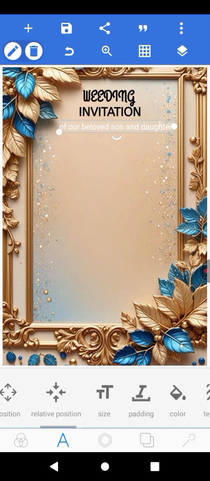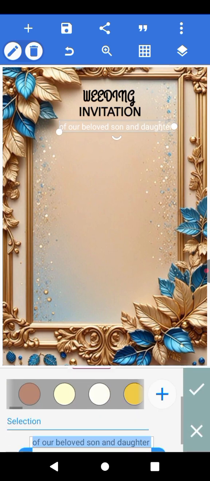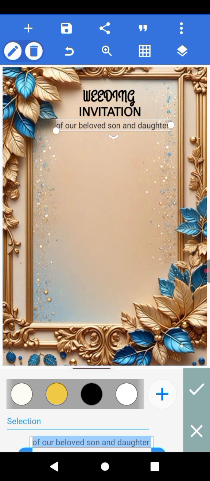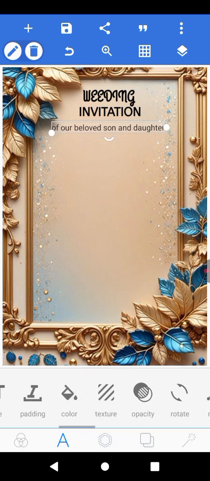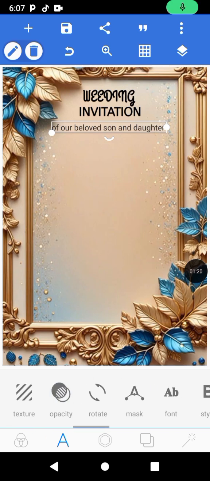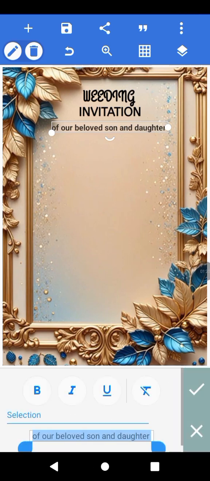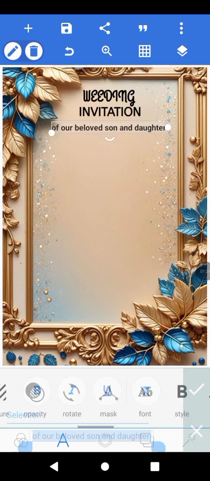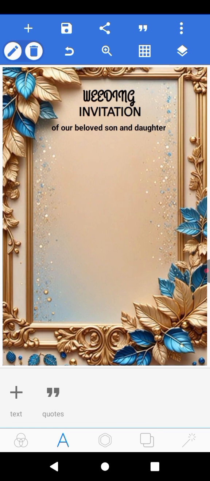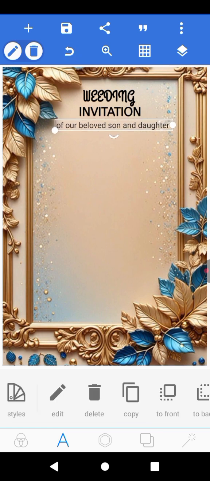Change the color. Make it a little bit bolder. A little bit bolder. If you like, you can. If you don't like, you can actually click this one to reduce it, to take it back to like this,